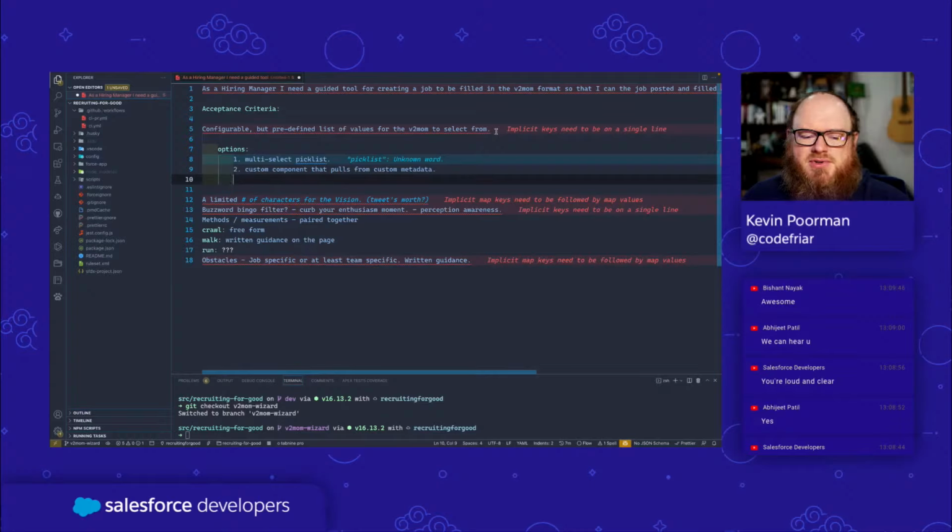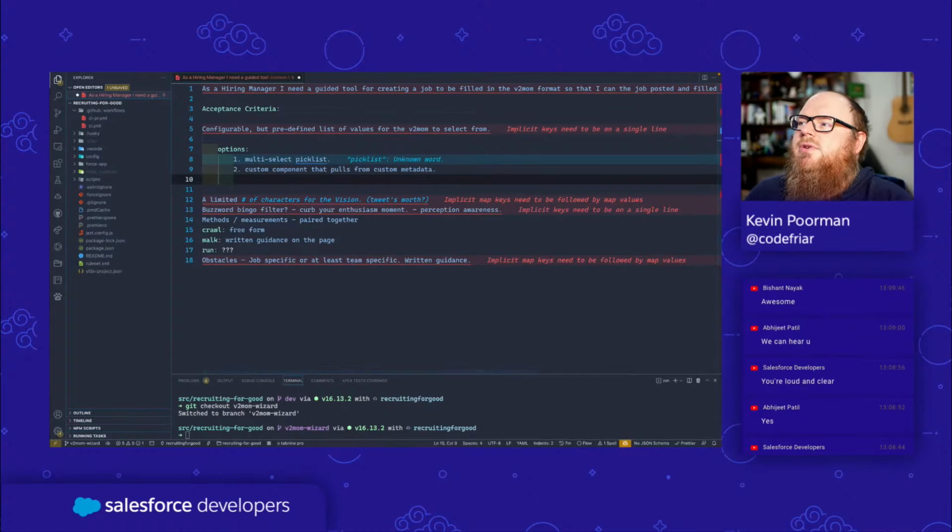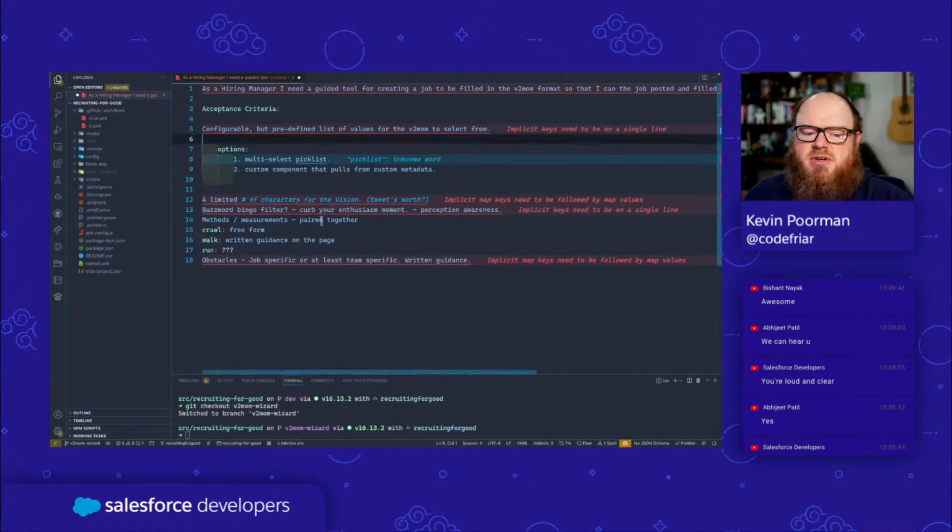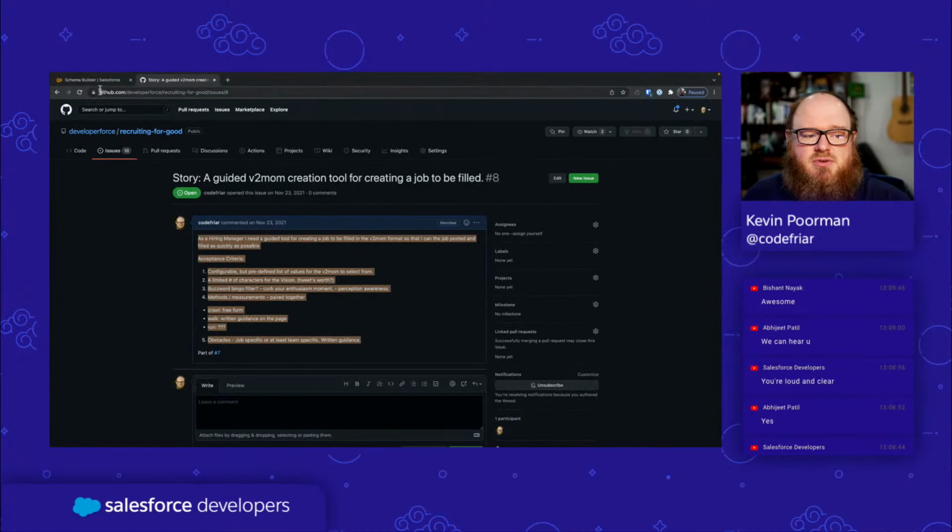And then we could probably also do the same thing with custom settings. When I think about it, we could do something interesting with hierarchical custom settings and allowing people to choose different options based on their role hierarchy. But I think we're going to be super simple. Let's do something nice and devy, but also not terribly complex, and do a custom component that pulls from custom metadata. So to do that, what I'm first going to do is go into my